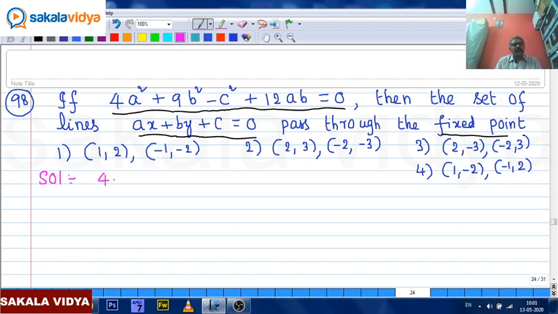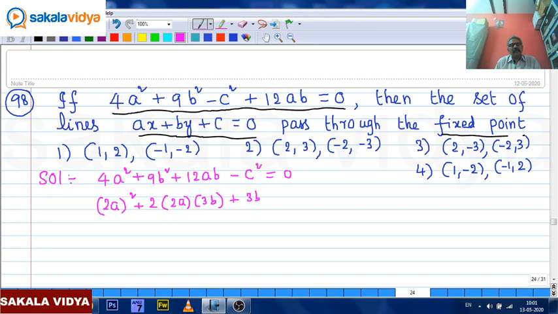So, first consider 4a square plus 9b square plus 12ab minus c square is equal to 0, write down. This can be written 2a whole square plus 2 into 2a into 3b, 12ab, 9b square can be written 3b whole square, minus c square